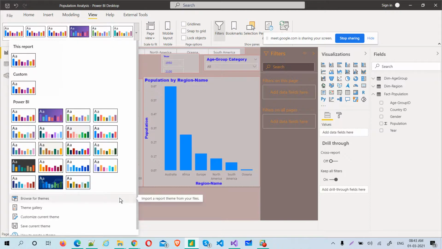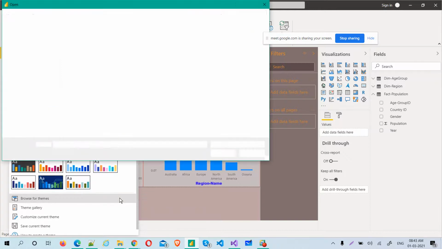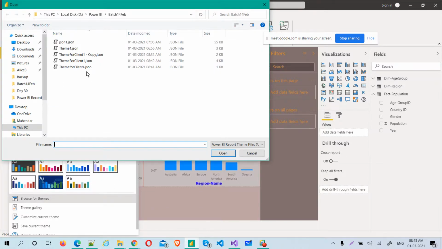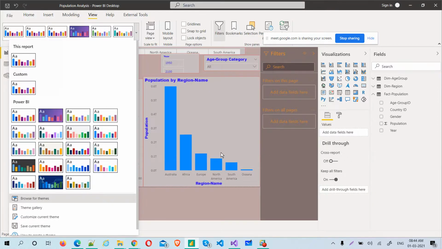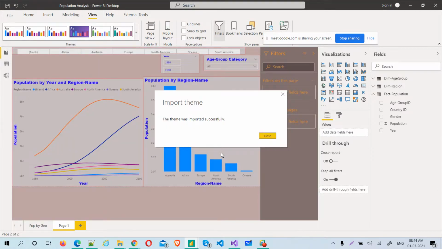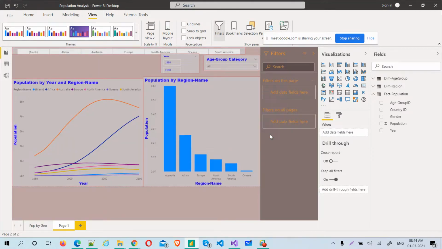Yeah, so now I'm going to click on this browse theme, so it will ask you to choose for the JSON. Now let me use this. Okay, which one? This one, which is a client 2 theme. Okay, now it should change something. See, theme was imported. You didn't see much because the existing one I've updated to some font sizes, all those stuff.